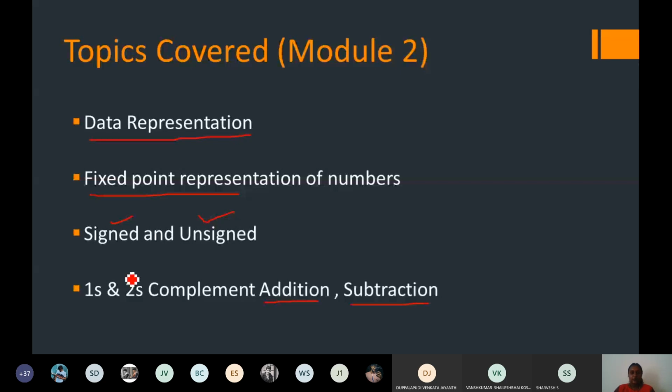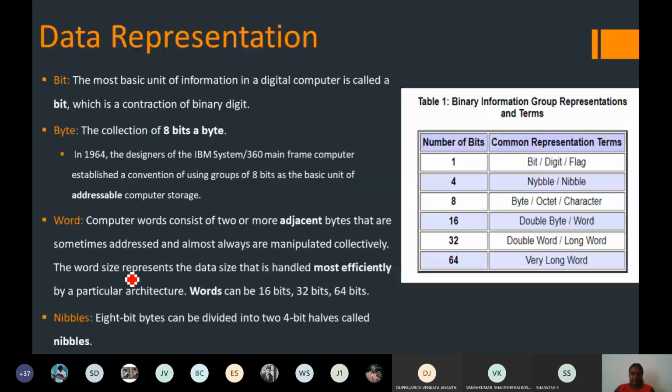So before getting into all these arithmetic operations, you need to understand how human understandable data is represented and understood by a computer. How will the computer understand the data that you are representing? Can anyone type in the chat box in what form a computer will understand the data? Yes, type it in the chat box.